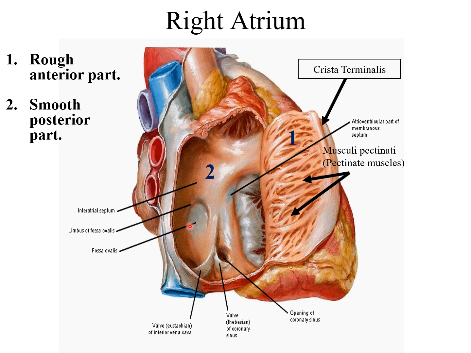A smooth part is present on the posterior wall, and it is also known as the interatrial septum. It contains the fossa ovalis bounded by the limbus of fossa ovalis, and then the openings: we have the superior vena cava, the inferior vena cava with its valve which is known as the Eustachian valve, then the opening for the coronary sinus also bounded by a valve which is known as the Thebesian valve, and we have a big opening, the right atrioventricular opening, guarded by a valve which is known as the tricuspid valve.